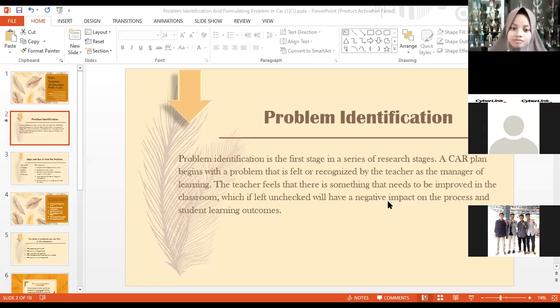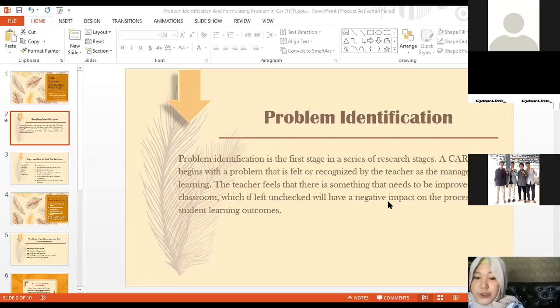Problem identification is the stage of determining the quality of the problem under study. A carelessly or poorly identified problem can lead to a waste of energy because the research doesn't bring useful findings. For example, there is a group of students who experience the same difficulty in learning a part of the lesson. There are students who are not disciplined in doing assessments, or student learning outcomes have decreased dramatically.